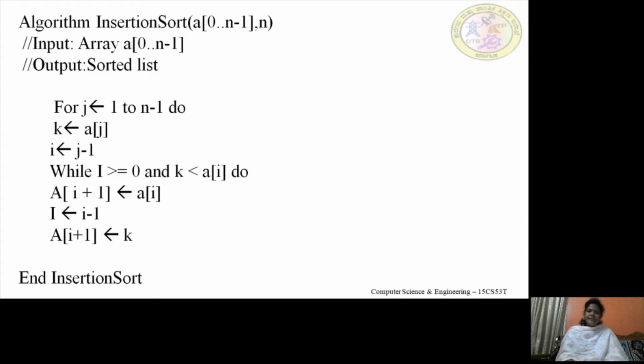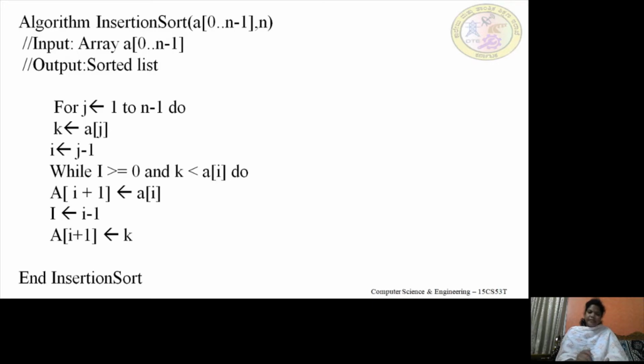The for loop is the outer loop, which accesses every element of the unsorted list, whereas the while loop works on the sub-array, the partially sorted list, where every unsorted element is picked and inserted in the correct position of the partially sorted list.